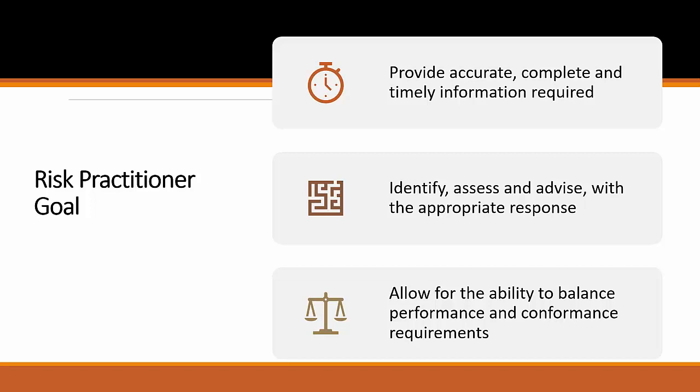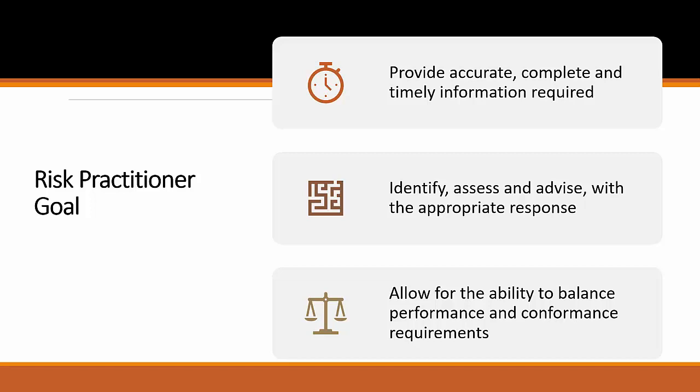In your data, in your report, integrity plays a very important role. Second is to identify, assess, and advise the appropriate response. Definitely identify, assess, and advise with the appropriate response to the risk that has the highest likelihood of occurrence and ability to impact the enterprise's ability to successfully achieve its goals and objectives. Make sure whatever impact is happening is within the appetite or within the capacity. So that is the next important thing.